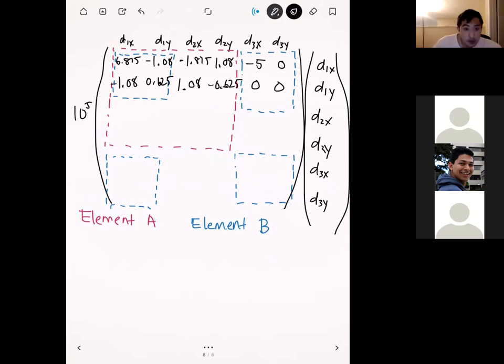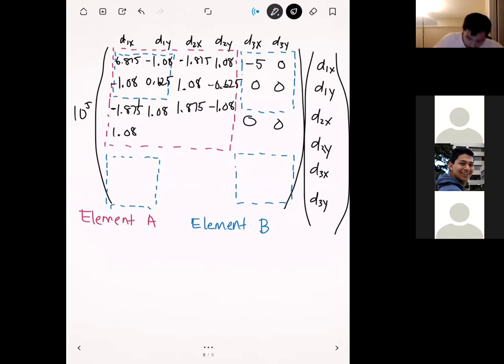Then we have minus 1.875, 1.08, 1.875, minus 1.08, and 0, 0,